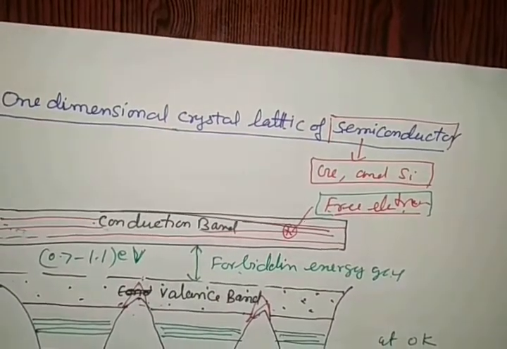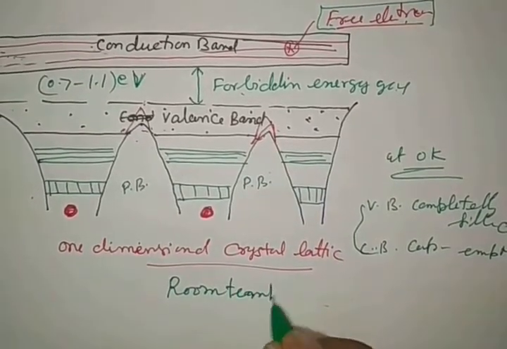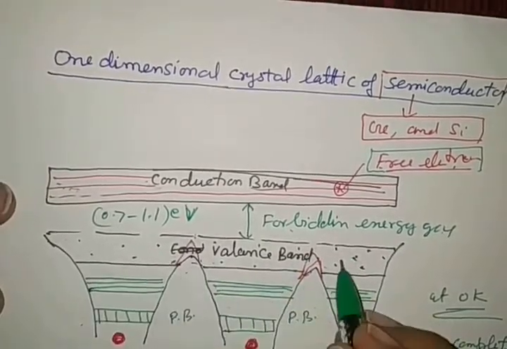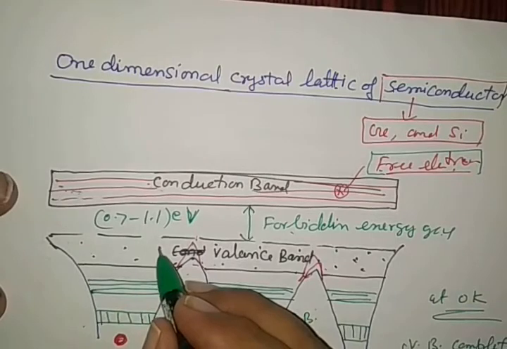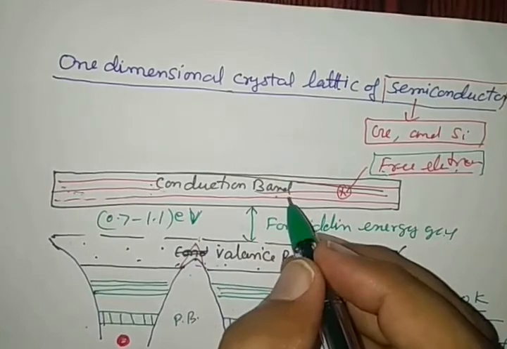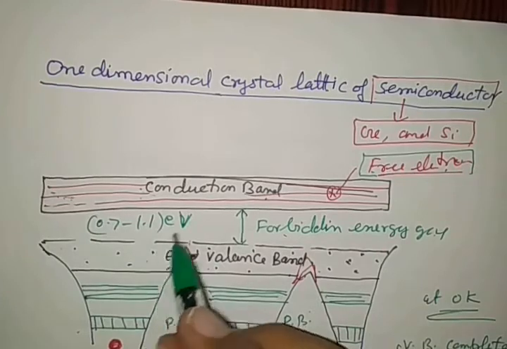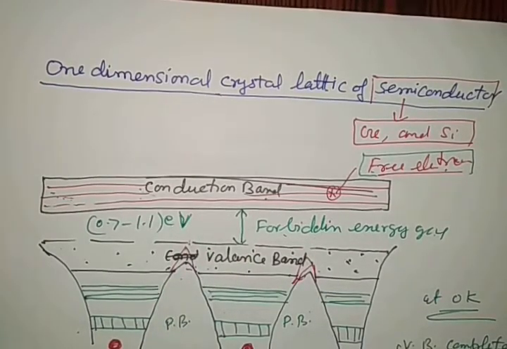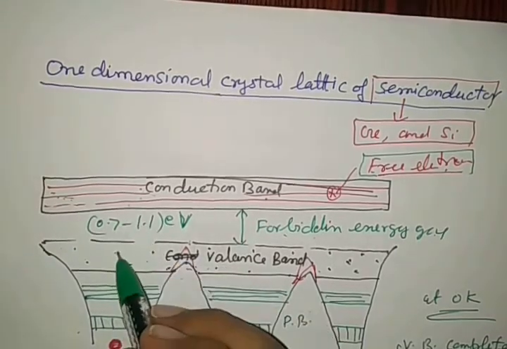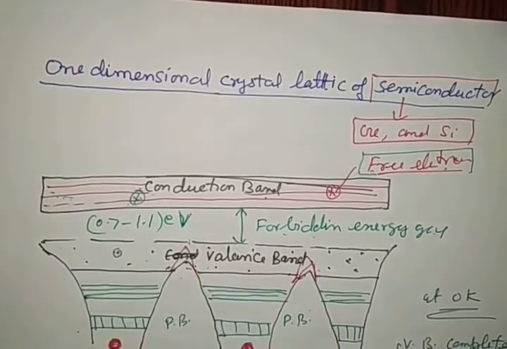But at room temperature, see here, due to thermal vibration in the lattice, some of the electrons get higher energy, can cross the band gap and reach the conduction band, and electrical conduction is possible. That is why in a semiconductor, on increasing the temperature, the conductivity increases. Why does it increase? Because electrons move from the lower band to the higher band. Here it produces holes and here are electrons. So electrical conduction is due to that.